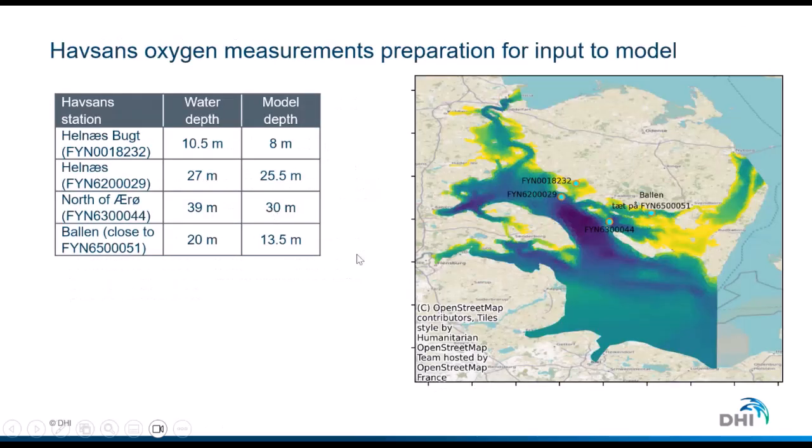Then one thing, when you start to data assimilate, is to evaluate which data the model will benefit from assimilating.